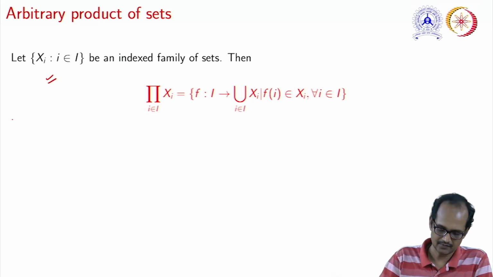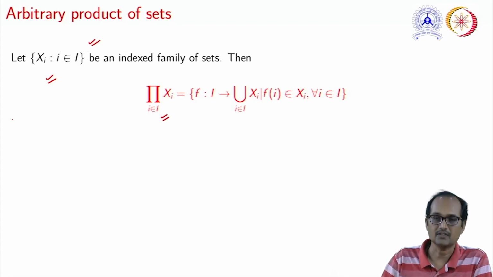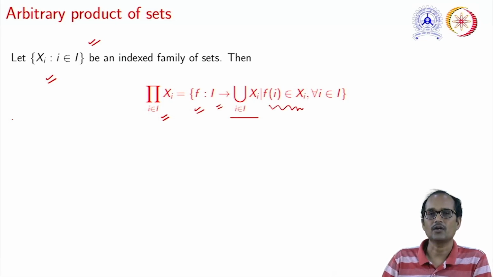Let us take an indexed family of sets {Xi}, then the product of these Xi is given as the collection of all maps f from I to the union of these Xi, where f(i) belongs to Xi for all i